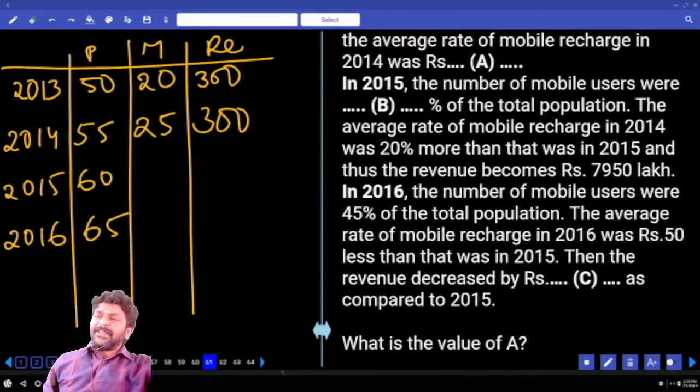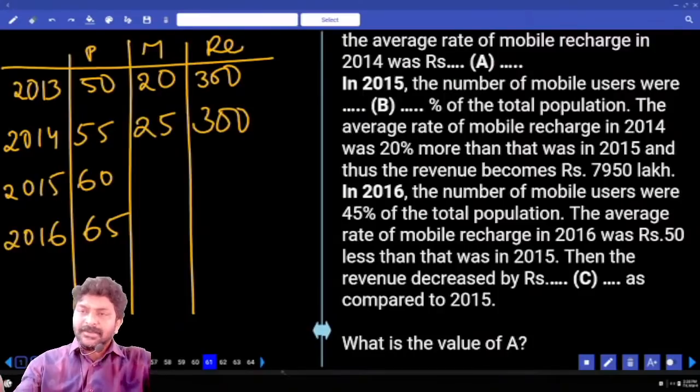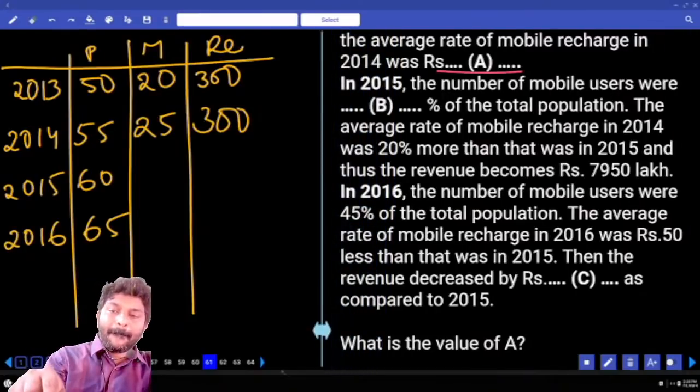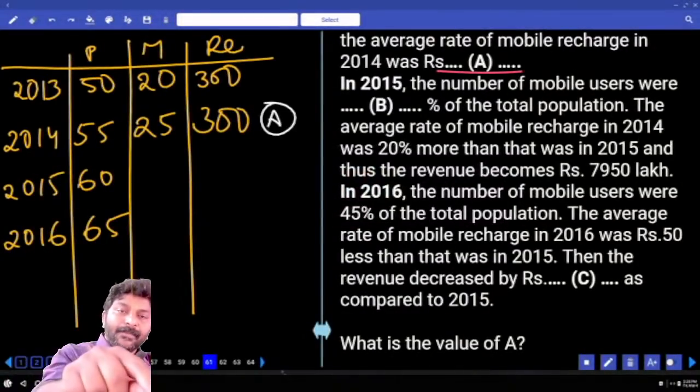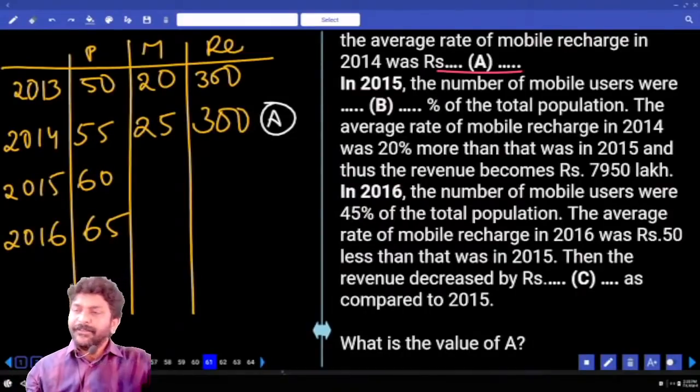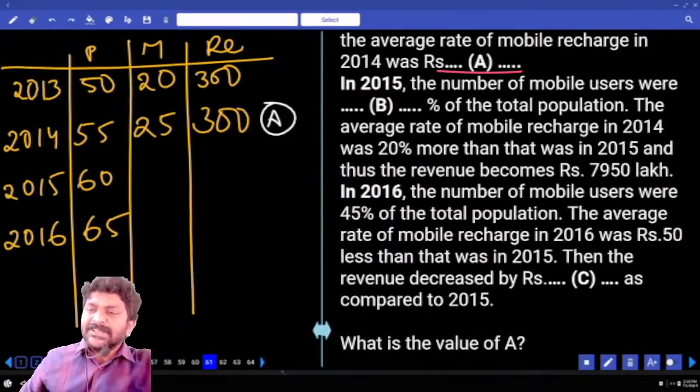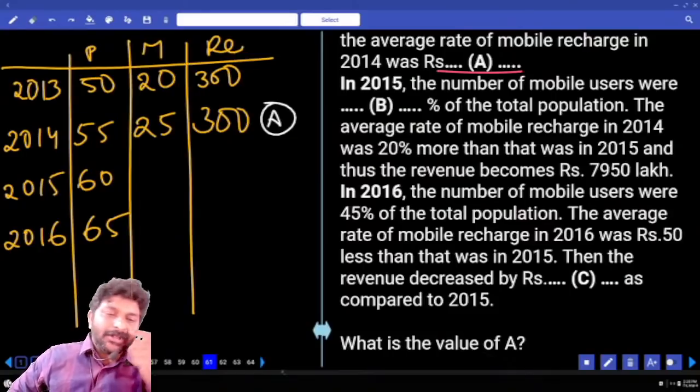In 2015 the number of... so what is A value here? Yes, this is A value. Come again. Next, in 2015 the number of mobile users were B percentage of total population. Okay, in 2015 population